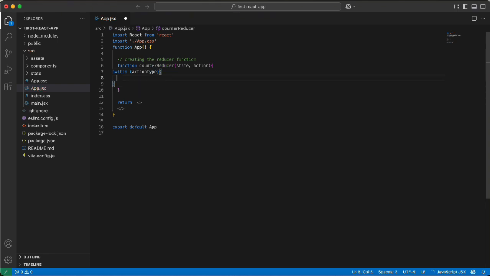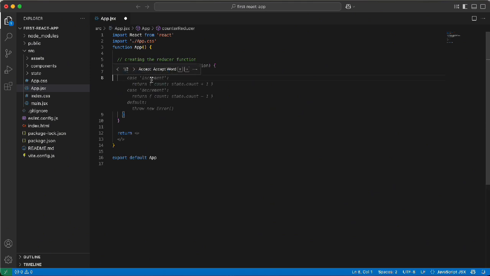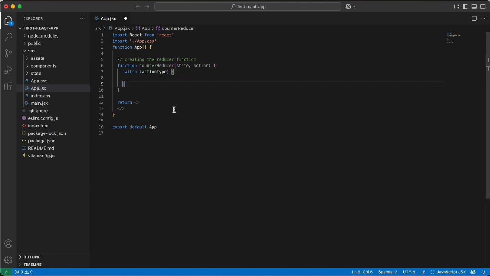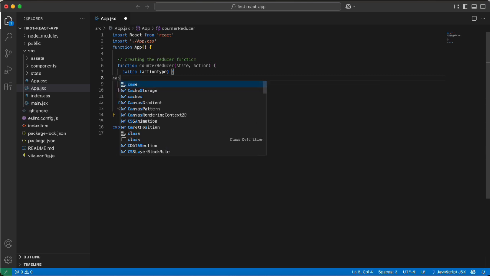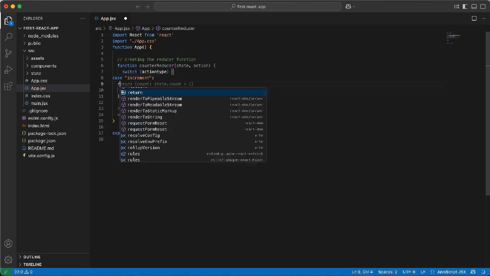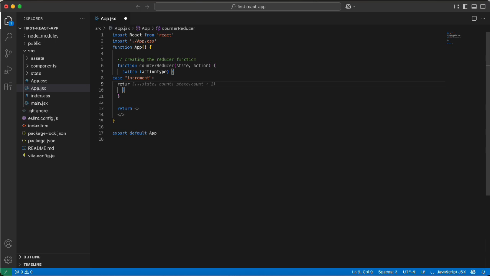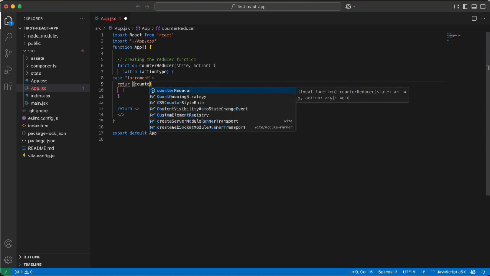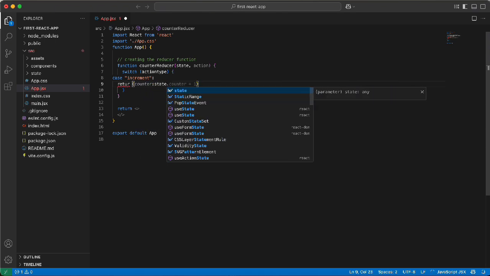And if we do this, let me format this, right? So we already have suggestions. So we're going to have three different cases. We're going to have action for increment, we're going to have action for decrement, and we're going to have action to reset our state, excuse me. So I'm going to say if the case is increment, right? If the case is increment, what happens? I want us to return our counter to be state dot counter